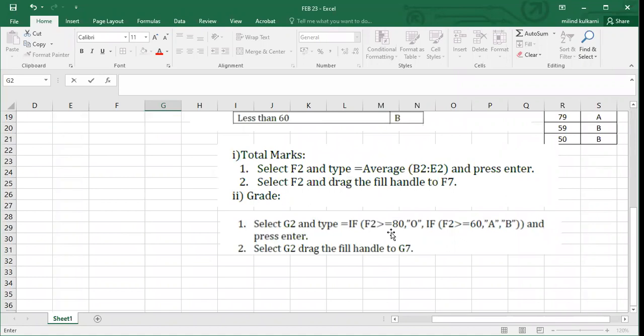If F2 is greater than or equal to 80, as per our criteria, what is the grade?